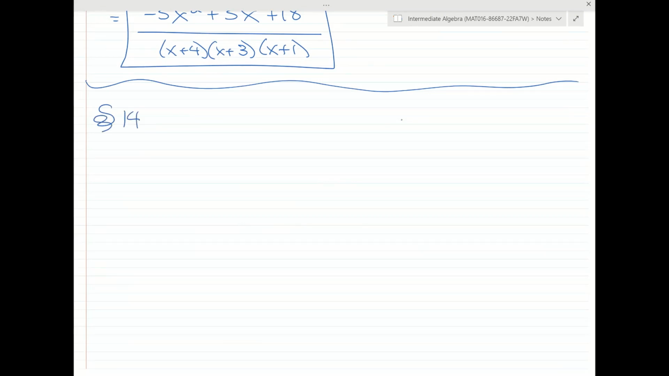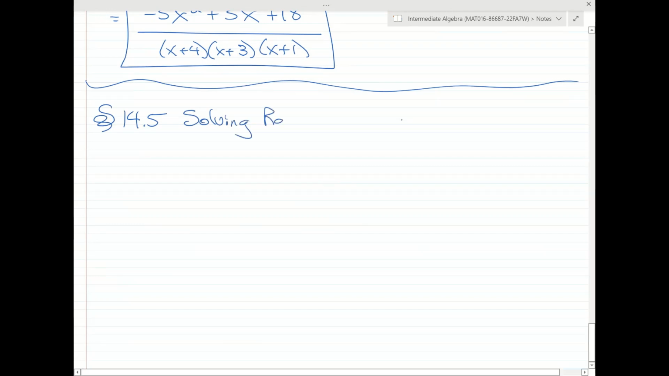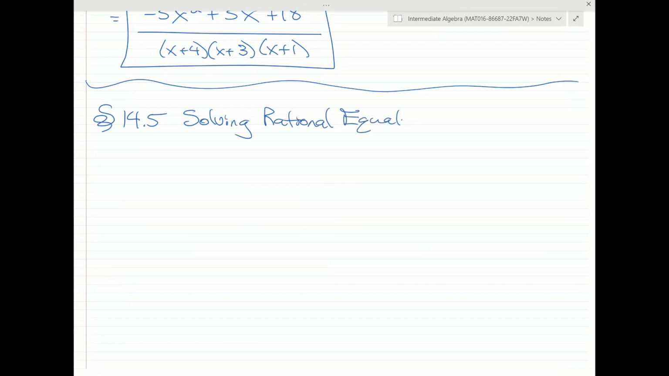Question 14.5, and it's solving rational equations. All right, and what we want to do here is we're solving equations, and first thing we want to do